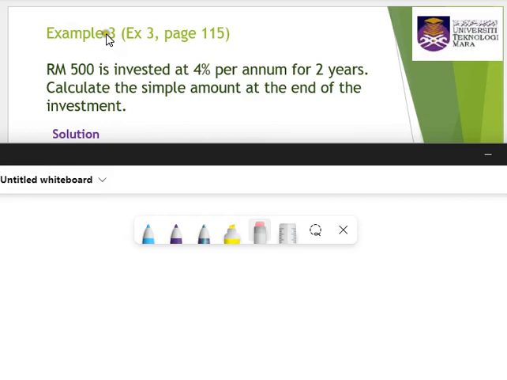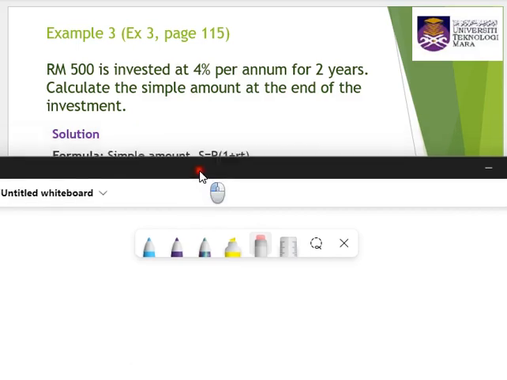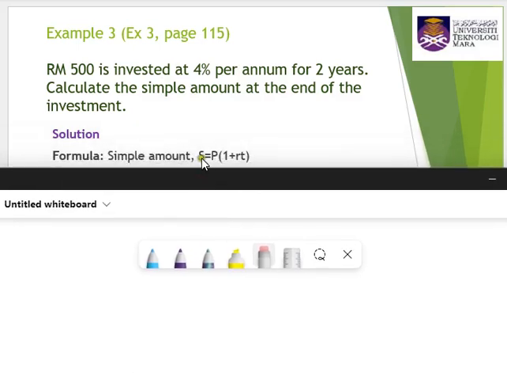Okay, so example 3. 500 RM is invested at 4% per annum for 2 years. Calculate the simple amount at the end of the investment. So clearly stated, simple amount is the last result that we need to find. So what is simple amount? So first thing in your mind, use the formula, that is S equal to P in bracket 1 add up with RT. So as usual, please list out